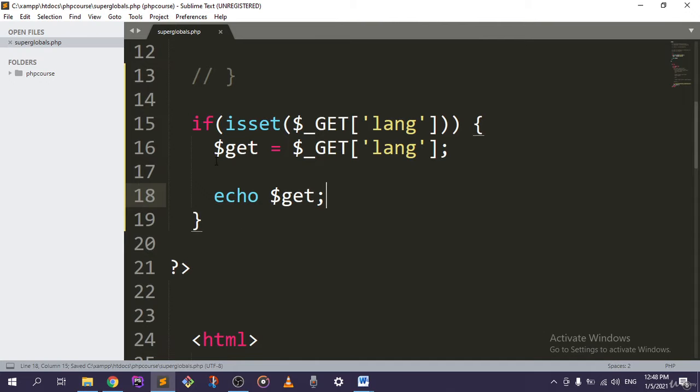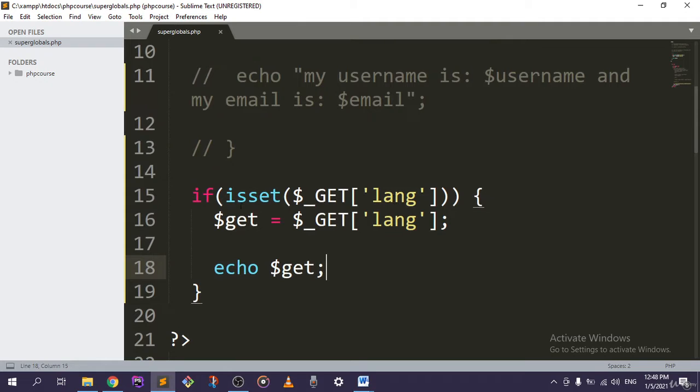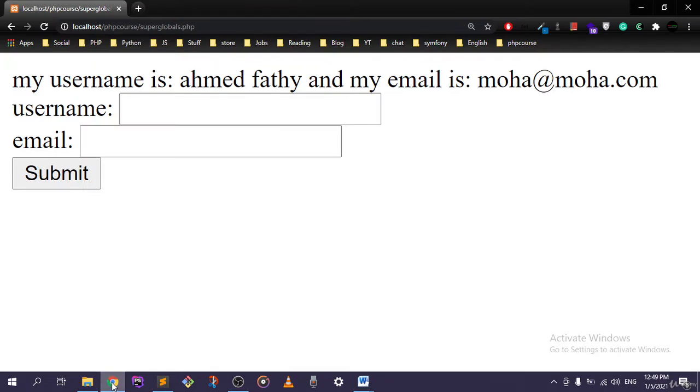This is how you can pass a parameter to the URL or to the link, and then check if it's set, and then echo it out like that. Okay, so now let me save this and go back to my